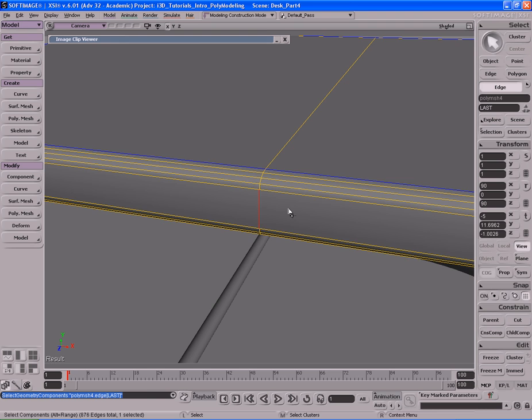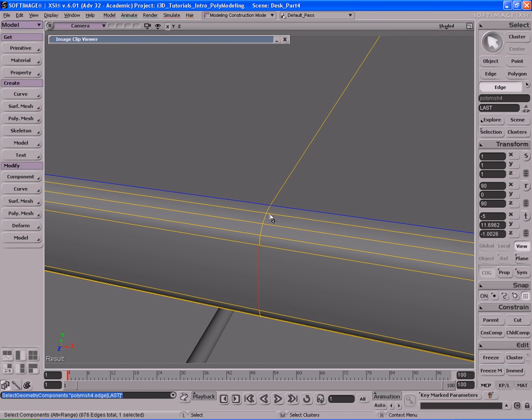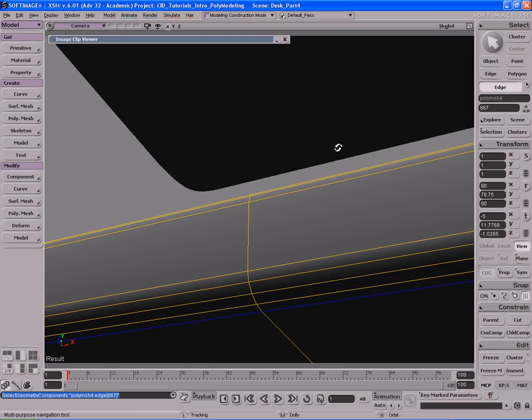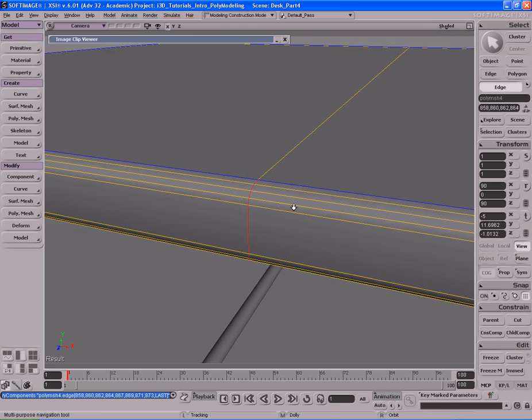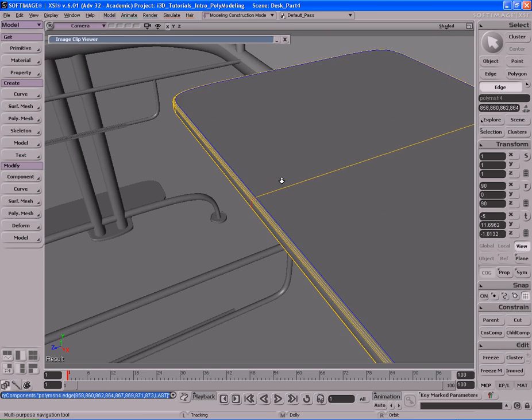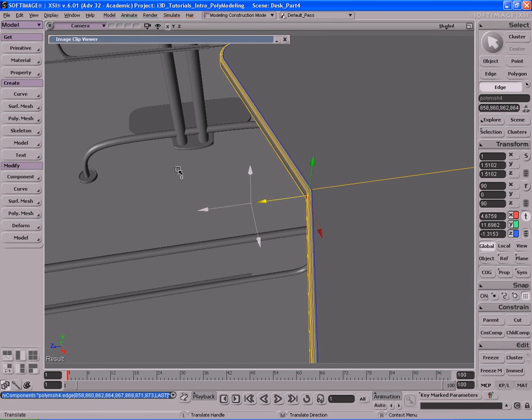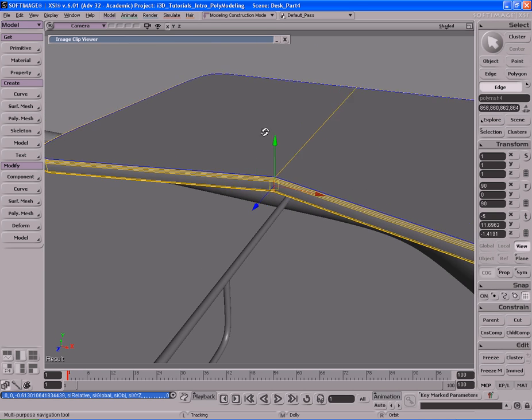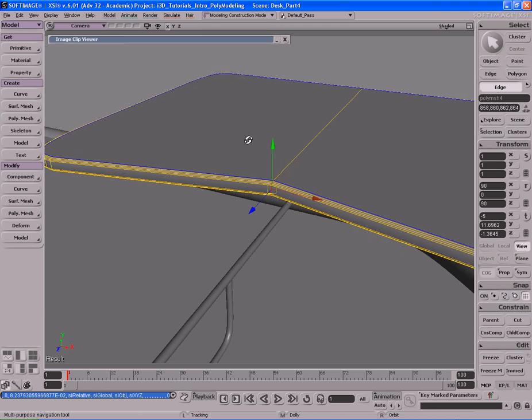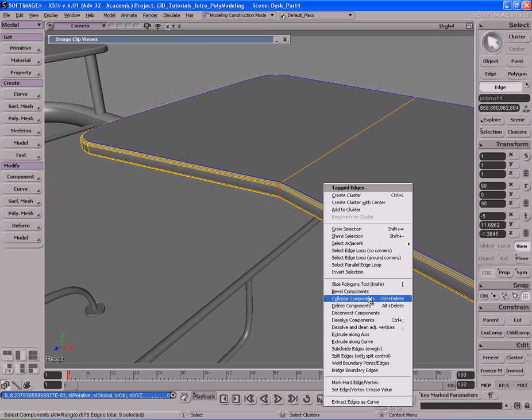I'm going to select this edge right here. Actually, I'm going to select from this edge. I'm going to hit Alt, left click that edge to pick that entire range of edges right there. And all I'm going to do is push that backwards like so. Once that's pushed backwards a good amount, all I have to do is right click, hit bevel,